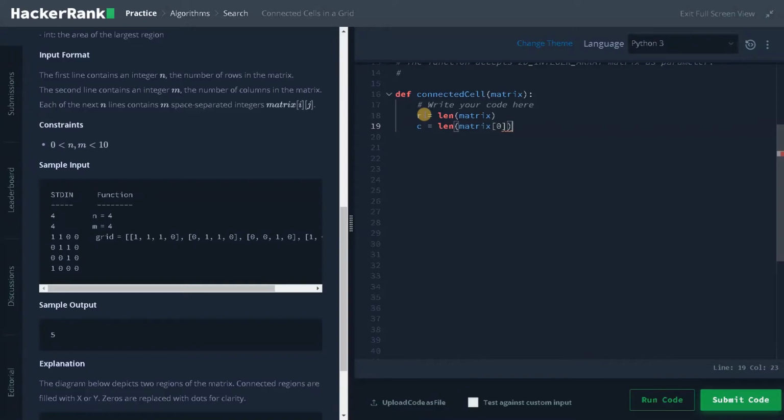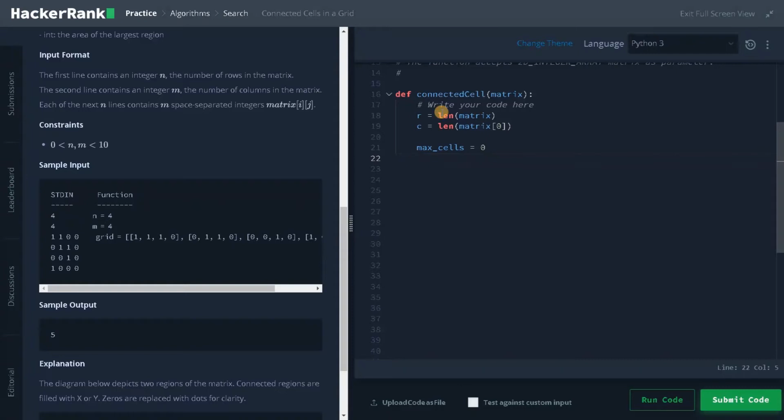This will give us the row and column, and after that I will specify max cells equals 0. So this is our result we are going to return. Now I will go into the main logic. We are going to iterate this matrix-like structure.